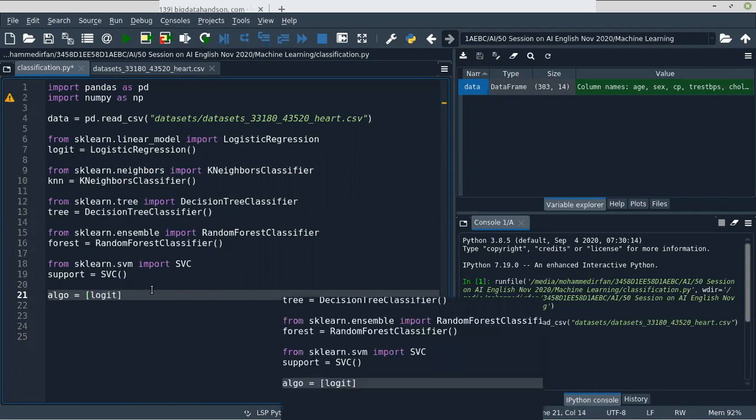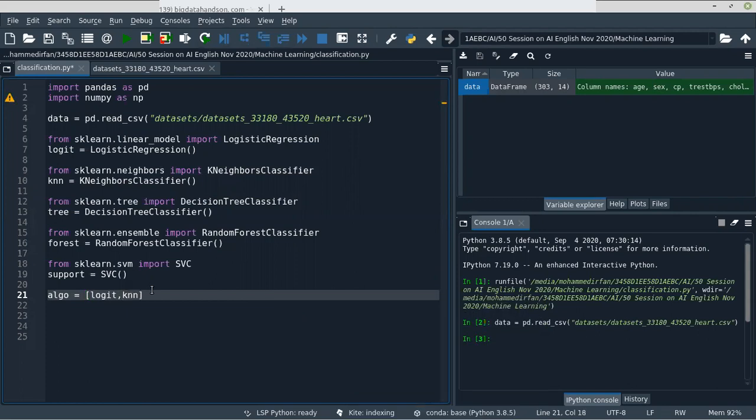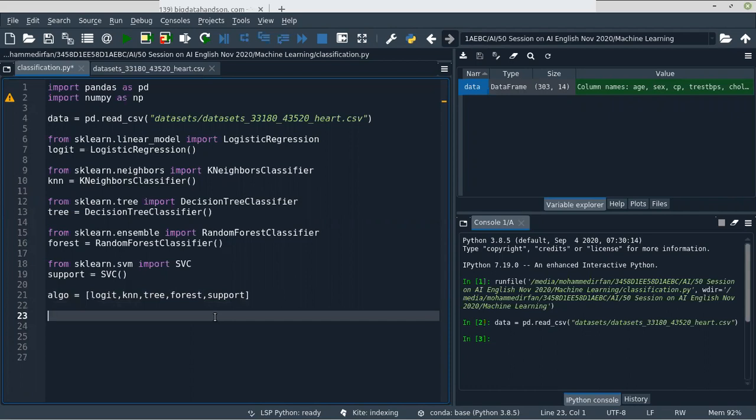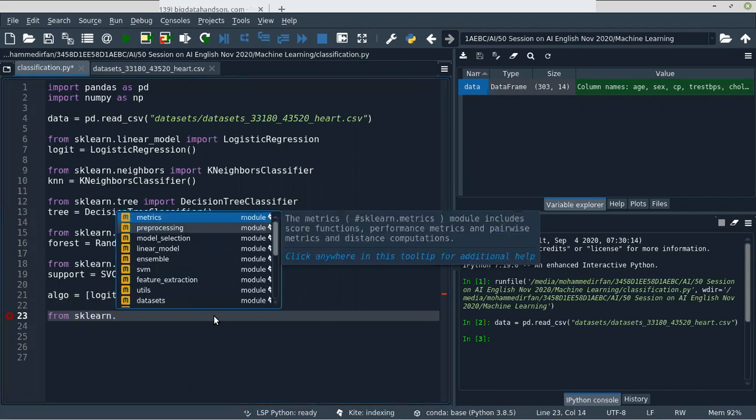Let's say logit, knn, tree, forest, and support vector machine. Okay, first we'll try with one algorithm, and then we'll iterate through the algorithms. So to do the cross validation, you have to import the function called cross val score and